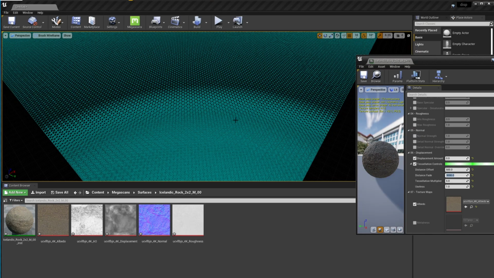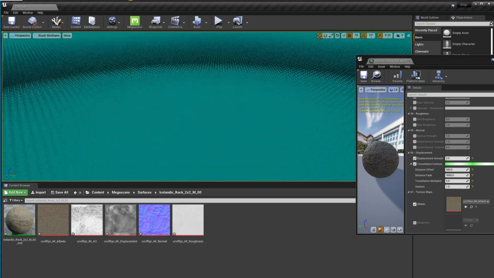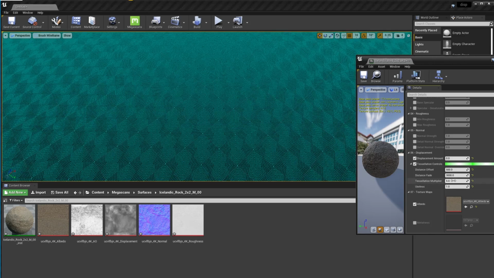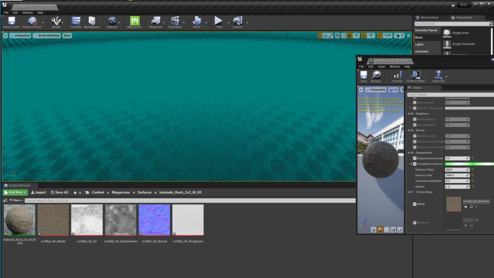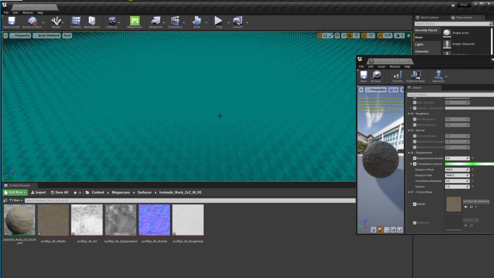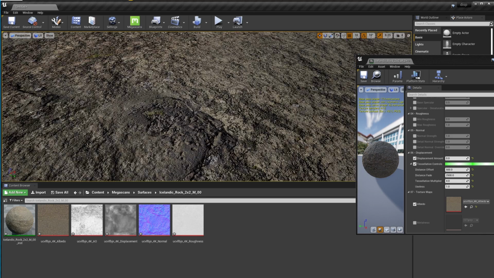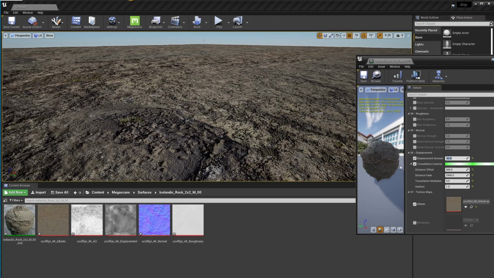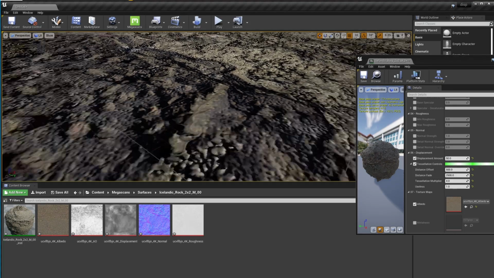Okay, now that we've talked about that, let's talk a little bit about displacement itself. There's a lot of tessellation here. I'm actually going to go down to 4, and let's do 2500 and leave that at 500. I think that's fine because we are very close to the plane. So I'm going to go back to lit, and we're going to start playing with the displacement amount. If I type a displacement amount of, let's say, 50, you're going to see that this is starting to